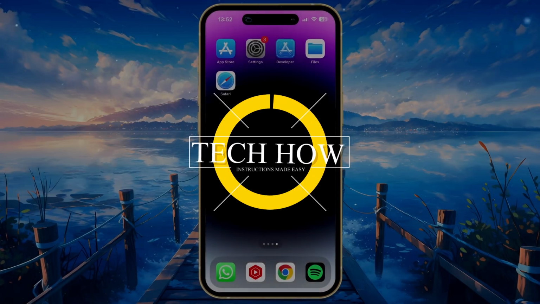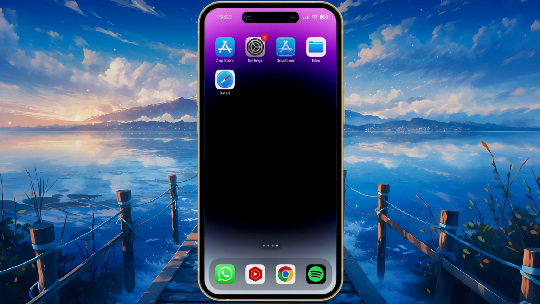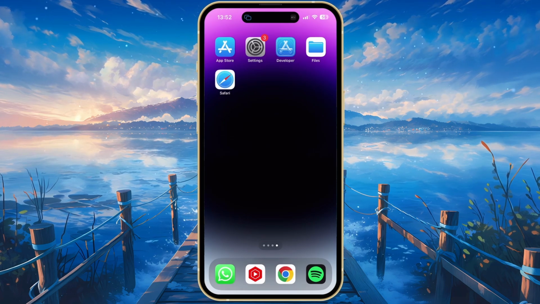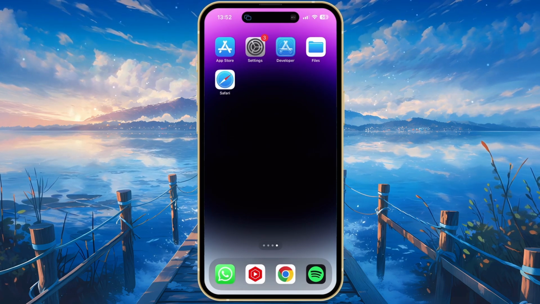What's up guys? In this tutorial, I will show you how to download and install the latest iOS 18 developer beta on your iPhone. The iOS 18 beta version is out and you can install it on your iPhone by